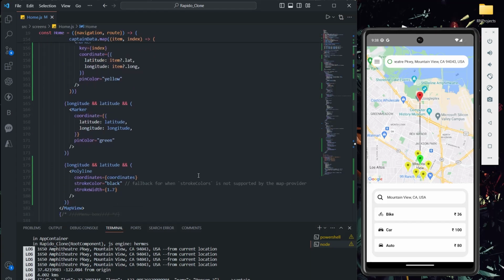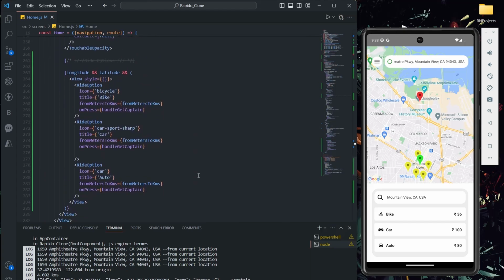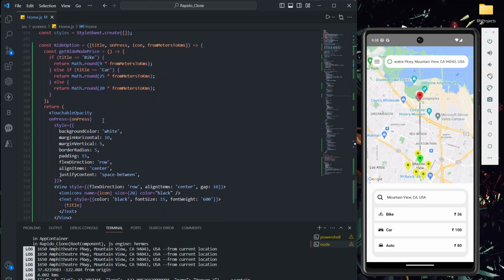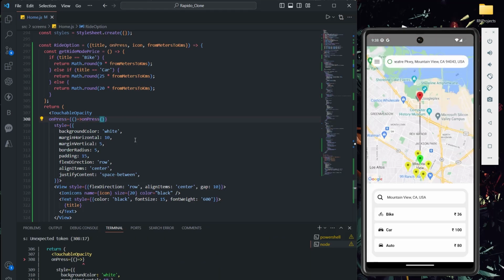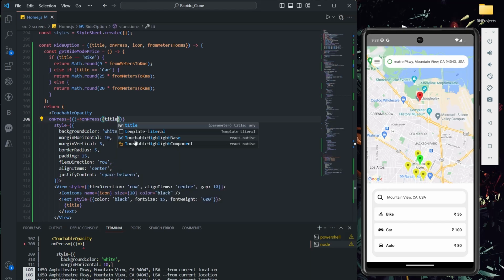So the first thing I have to do is go to that onPress in the right options. Now in this onPress I have to send data. What data, I'll show you. To send the data I'll take an arrow function here, because we cannot directly pass onPress, and inside this I'm going to create an object, and I'll say title.